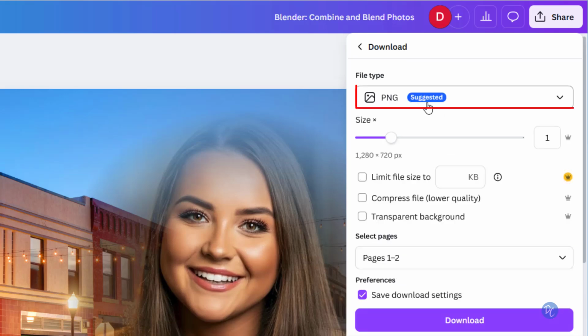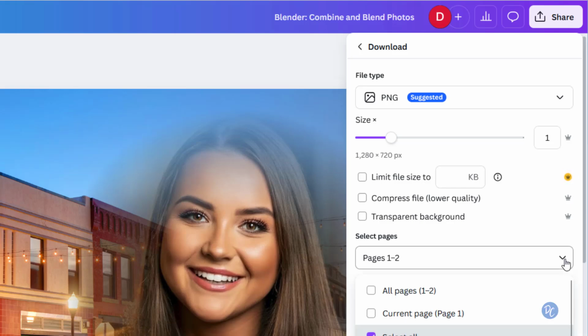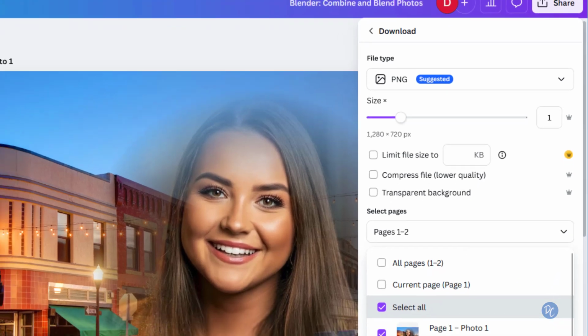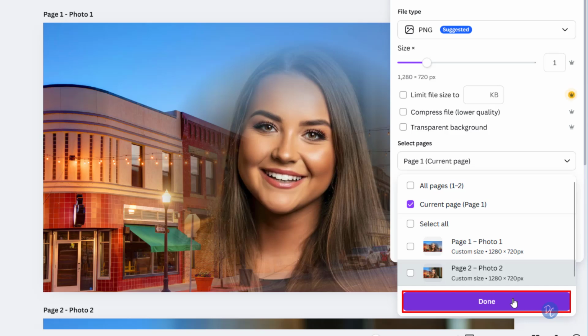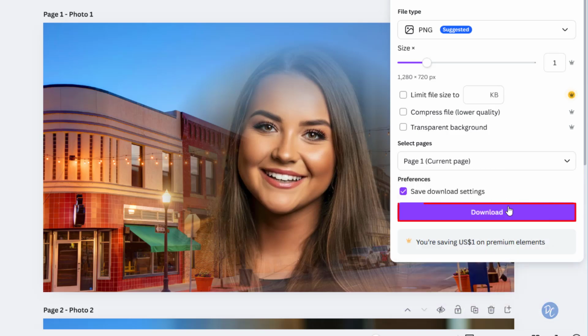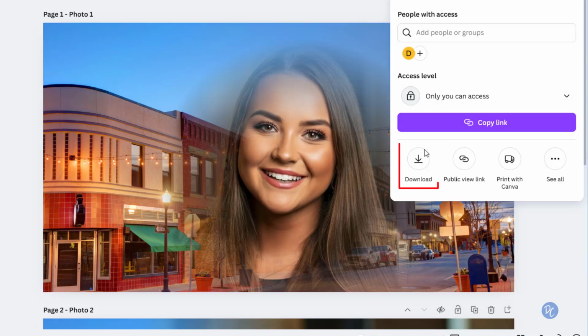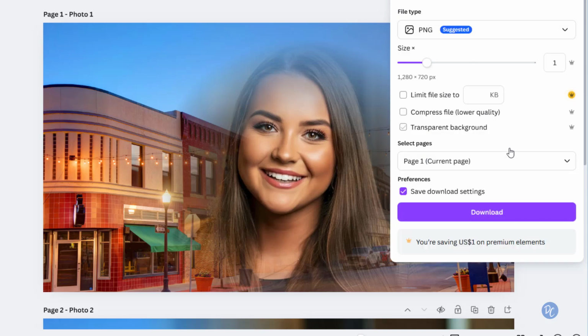download. I want to download as a PNG file. And most of the times, unless I have a lot of slides, I am going to just download them one at a time and start with the current page. If I have more than one page, it'll download to a zip file and I have to unzip that file. So because I only have two images, I'll just do each image at a time. Click on download, and I'm going to go back and download the second image as